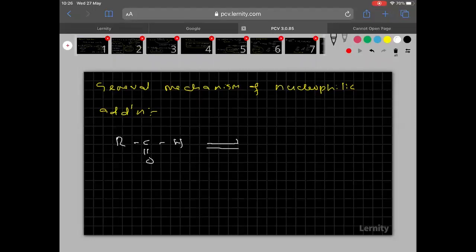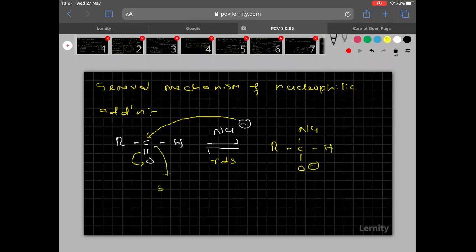Now see clearly. Let me take the nucleophile. The pi bond will shift towards oxygen, then carbon gets a positive charge. On that positive charge, the nucleophile will attack. And remember everyone, this is the RDS step of the reaction, the rate determining step. Why it is RDS, that also we are going to see. Now what is happening? See clearly: R, C here, O minus here, the nucleophile, and here H. I hope you are able to understand this one.